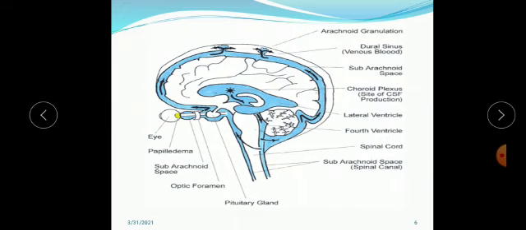So here is a diagrammatic picture where we can see the choroid plexus, which is situated at the lining of the third and fourth ventricles. Third ventricle usually is a site of CSF production, from where it goes to the fourth ventricle, and from fourth ventricle through the foramen it flows in the arachnoid space, which is covering the brain parenchyma, and finally it is absorbed by the arachnoid villi of the sinuses.